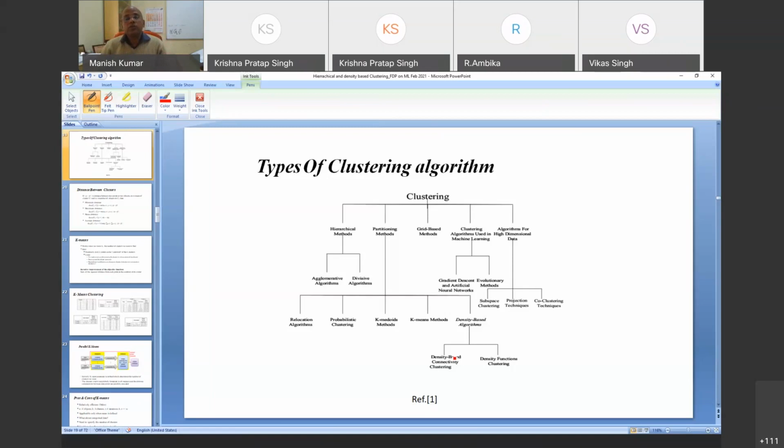The question is how to decide whether I need clustering or classification. Clustering or classification can be decided by looking at the data, whether the classes are known or not known. The moment classes are not known, you can easily decide that you will go for clustering. Now the question is, once you land in the clustering domain, what clustering algorithms you are looking for.